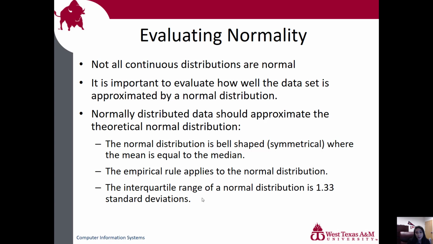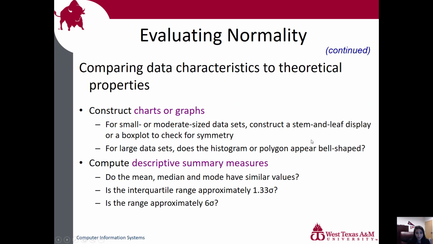The normal distribution should be bell-shaped or symmetrical, where the mean is equal to the median. The empirical rule applies to the normal distribution, so you have that 99.7, 95, 68% rule. The interquartile range of a normal distribution is 1.33 standard deviations. So those are the characteristics of a normal distribution, and other ways we can determine if it is normal is